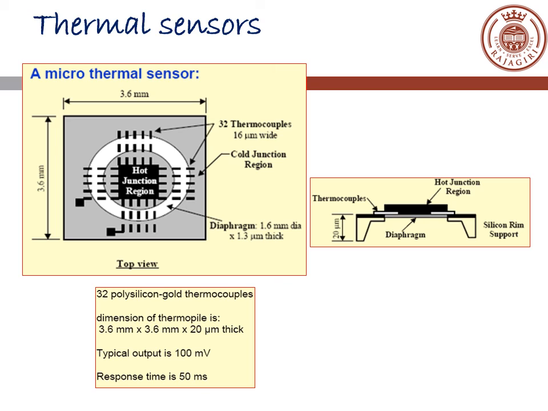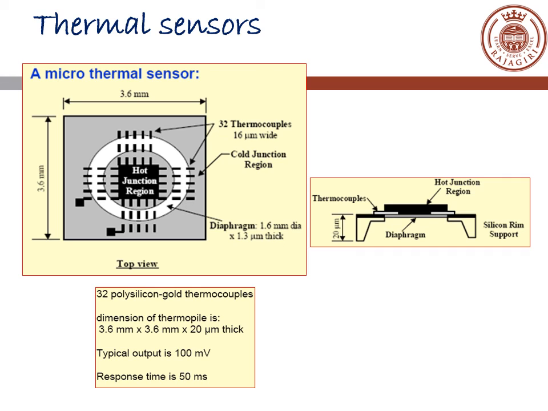Okay, so coming now, you can see a microthermal sensor which is being made using 32 thermocouples. Okay, and the thermocouples used over here are polysilicon gold thermocouples, and this thermopile is being fabricated on a silicon chip. You can see the dimensions of the silicon chip. You are having a diaphragm, and above the diaphragm you are going to keep the thermocouples, and that will form a thermopile. So you are having 32 such thermocouples,